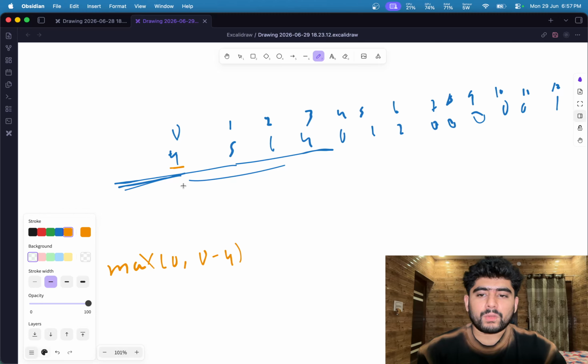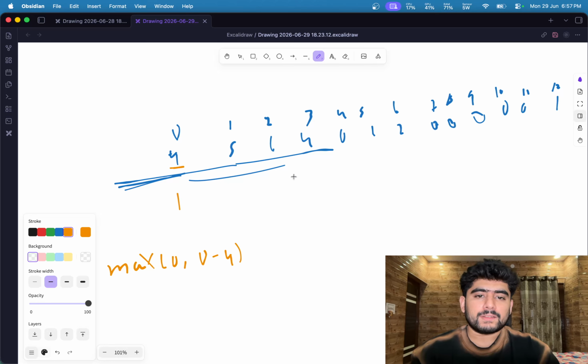So in this we are going to add a 1 at this position, up to where this bulb can eliminate. So it can eliminate up to 4 values. So we do something like, up to the last value at 4, so we are going to add minus 1 at the 5 index. So after that, by this we mean that there is